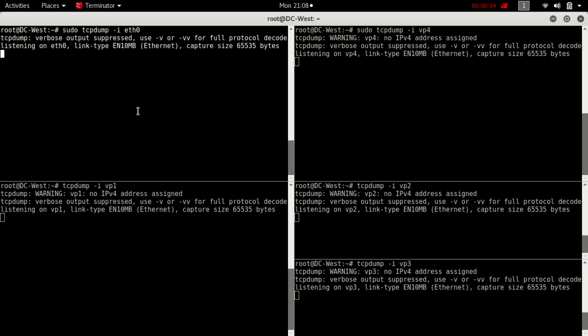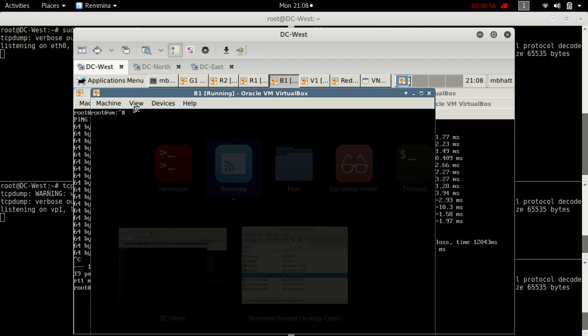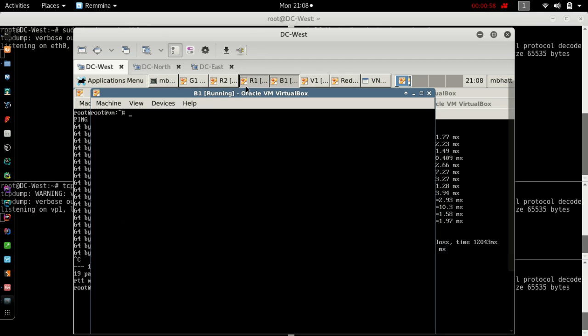It is basically to show the packet capture, more like encapsulation you can say, for the packets that come in. Packets on ETH0 will be encapsulated on VP4. Packets on VP4 should not be encapsulated, and VP1, 2, 3 should not see any packets. Let's try pinging